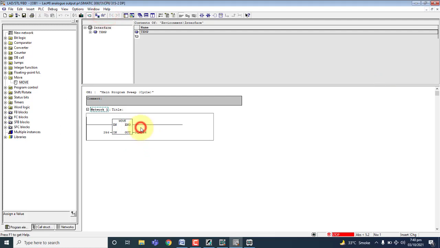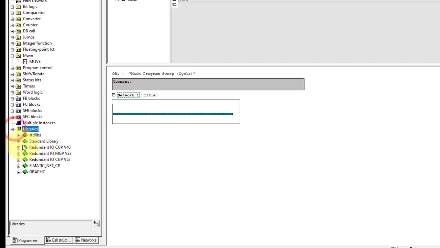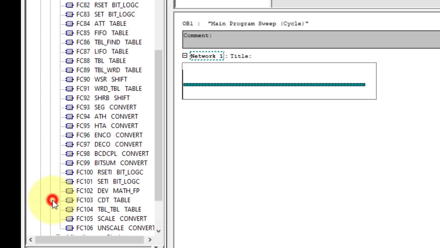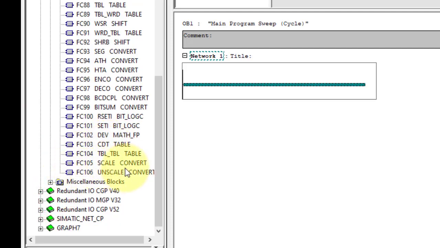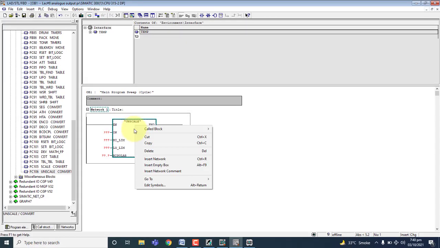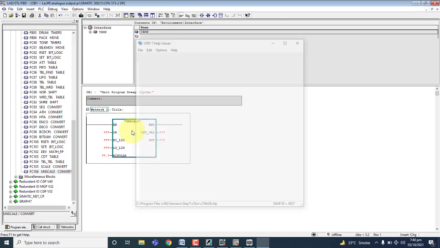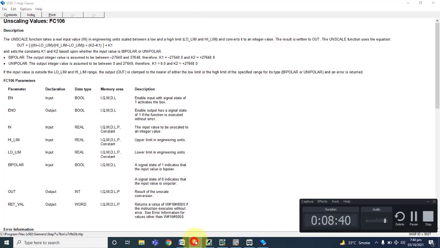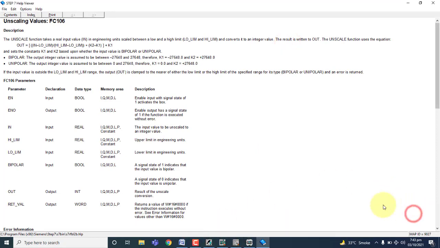The other way is unscale. This is the unscale conversion. When you click F1 here, you can study the unscaling block.